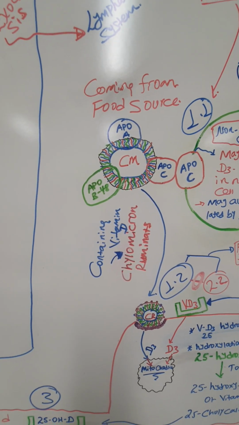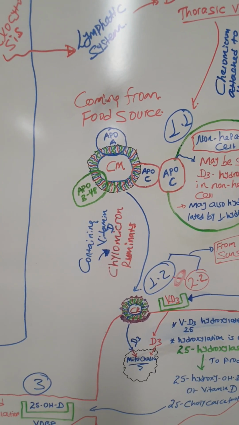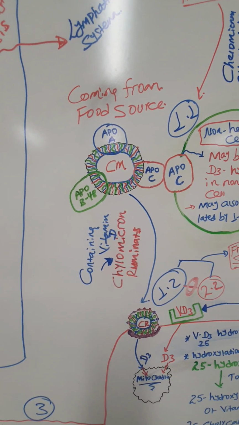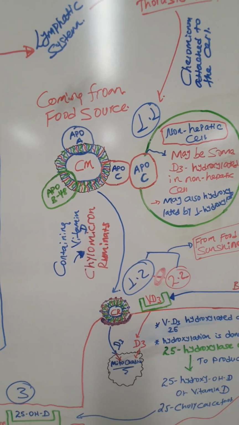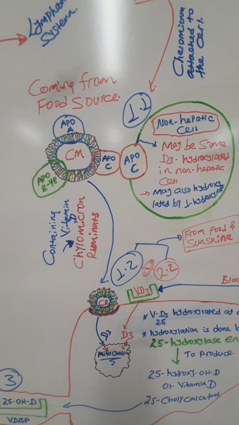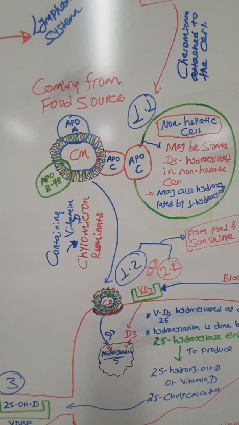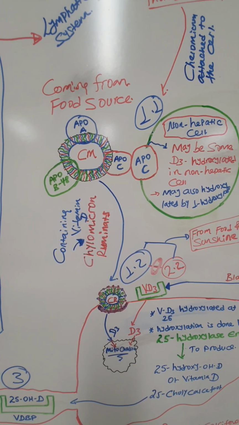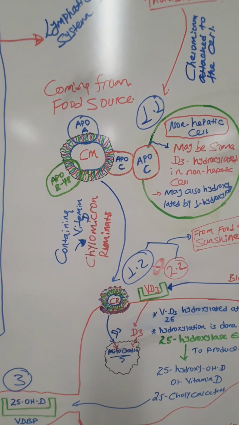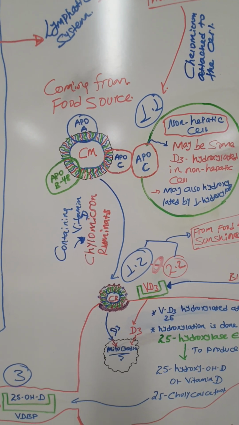In addition to that, they have ApoA lipoproteins, but in the blood they will receive ApoC, apolipoprotein C from HDL, and in the non-hepatic cells in the periphery they have apolipoprotein C in their cell membrane. So these ApoC apolipoproteins will bind together, so that in the periphery of the cell there are enzymes called lipoprotein lipase, and this